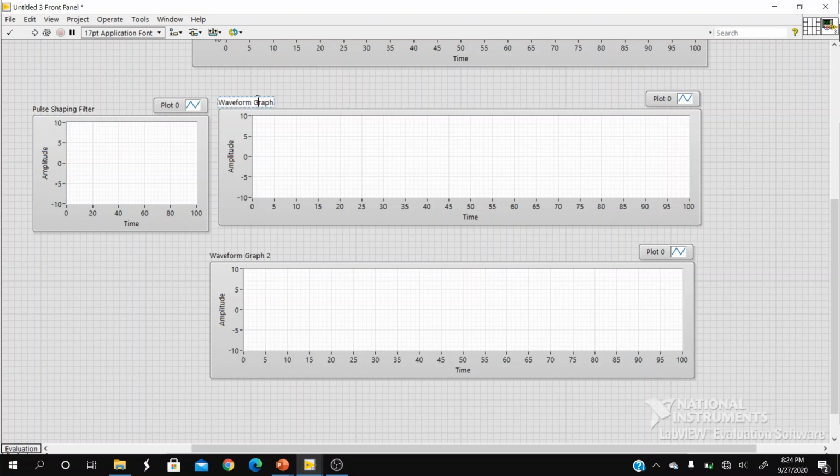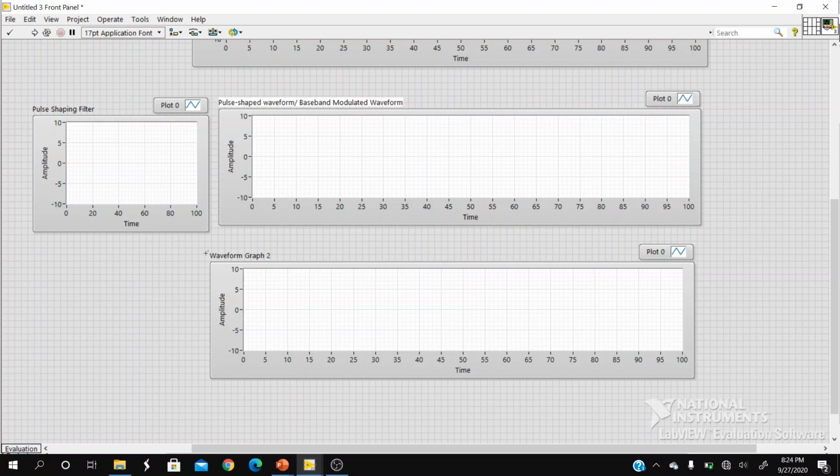This one will be for the pulse shaped waveform or baseband modulated waveform.